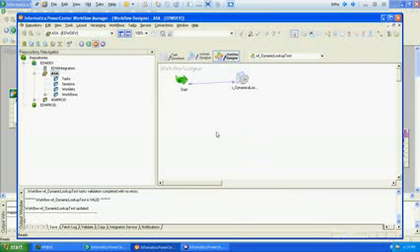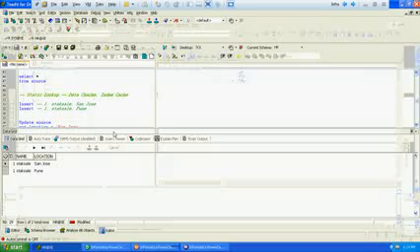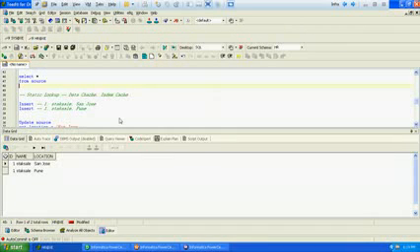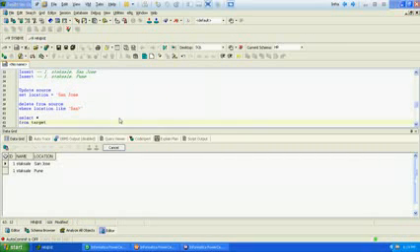Save the workflow. We'll verify the records at source level and records at target level.